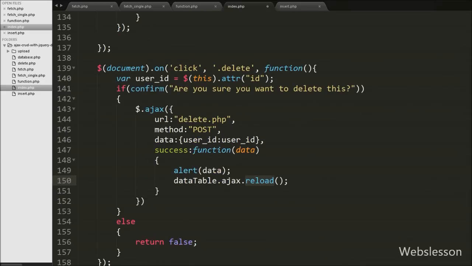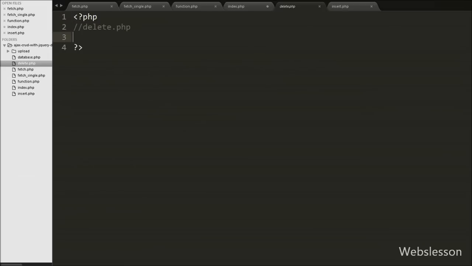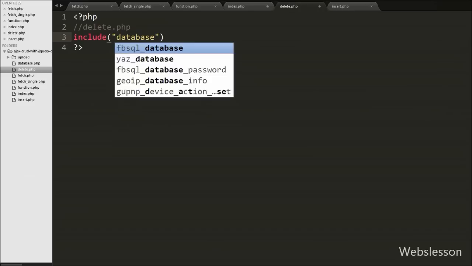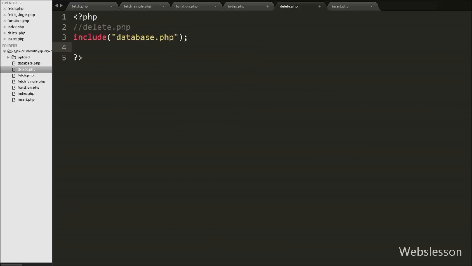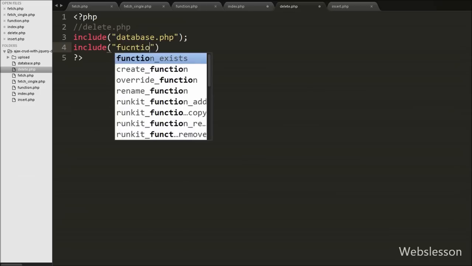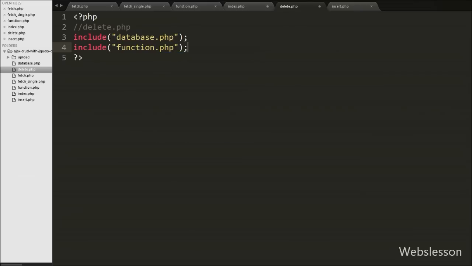Now we move on to write PHP code on the delete.php page. On this page we write an include statement. We include the database connection file and the function.php file under this page. Here, first we write an if statement with the isset function with the $_POST user_id variable. This condition will check if the value of the $_POST user_id variable is set, then it will execute the if block of